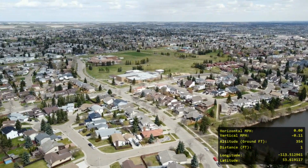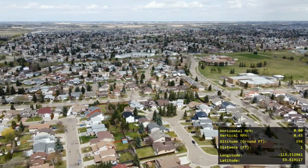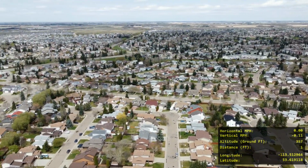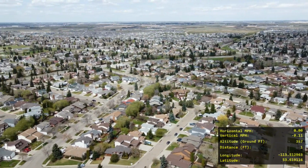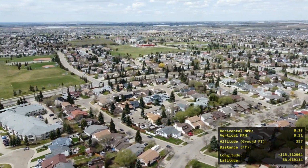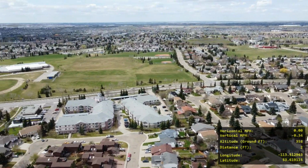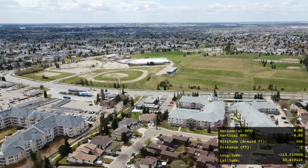Yeah, I should try to make a 3D model out of this, but I don't know if I can because this is in 1920 by 1080, so I probably wouldn't produce the best model. I'd probably have to go up to the 2.5K if I wanted to do that. But I think that might be a future project. I was thinking of making a 3D model of the area where I live. There's a man-made lake by where I live, so...